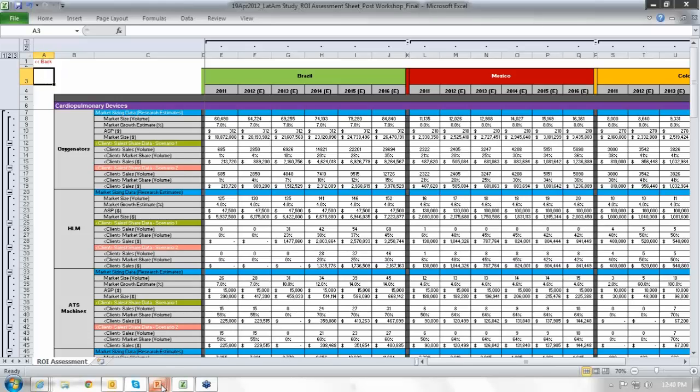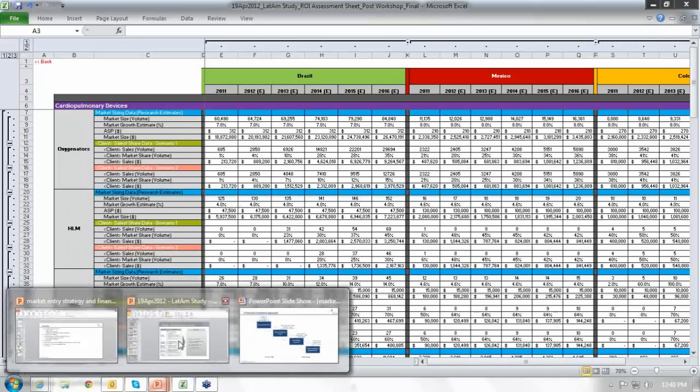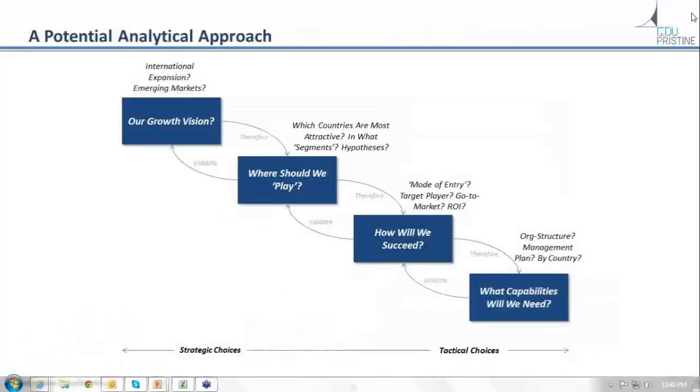On the same lines, once you've created the model, how do you go about justifying the validity of, let's say, the final numbers? So for example, let's say you say that the project is going to generate an IRR of 20%. How do you go and validate these numbers in the market?